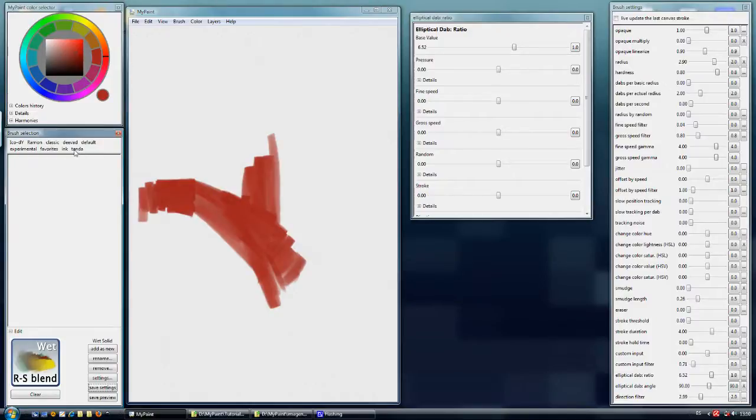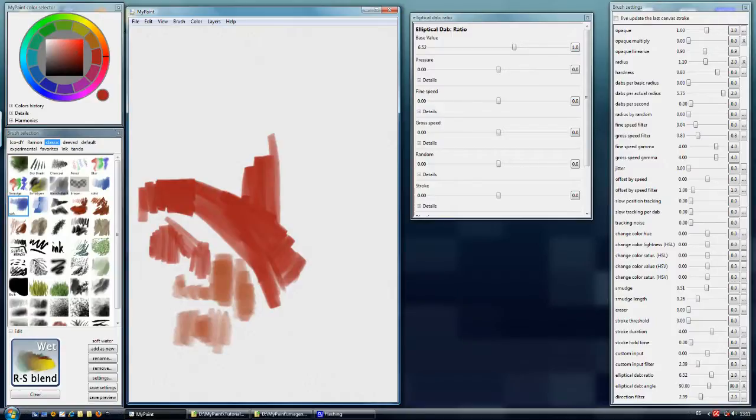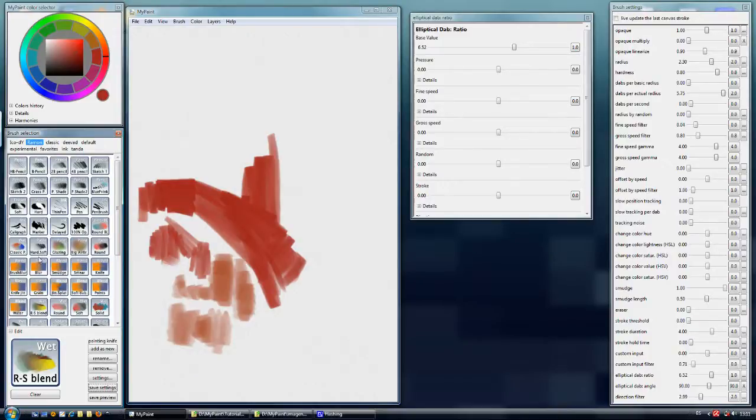If we go to the classics, I use this as a solid, but with a big radius, and the soft is basically not the same. I have changed this feature, the radius by speed, because I find it better to have something like the previous one. Something like this solid, and this is soft,